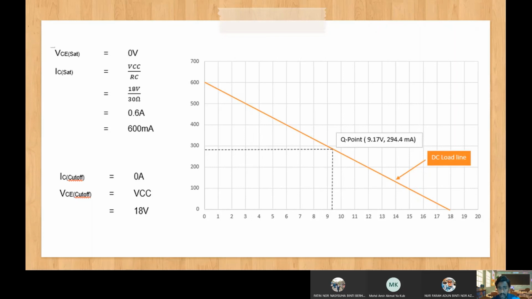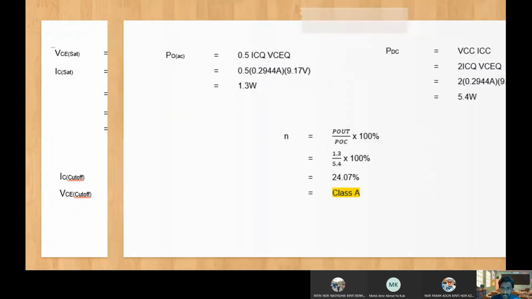So to plot the DC load line, identify the VCE cutoff and also IC saturation. Usually, when we want to plot the DC load line, the IC will be in milliampere. So 0.6 ampere converted into milliampere will be 600 milliampere. So the Q point will be 9.17 volt and 294.4 milliampere. This is the DC load line. Next,